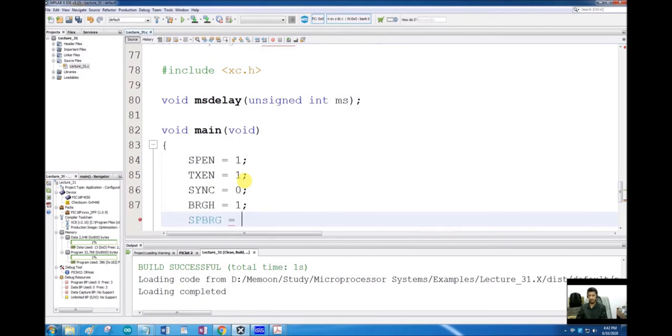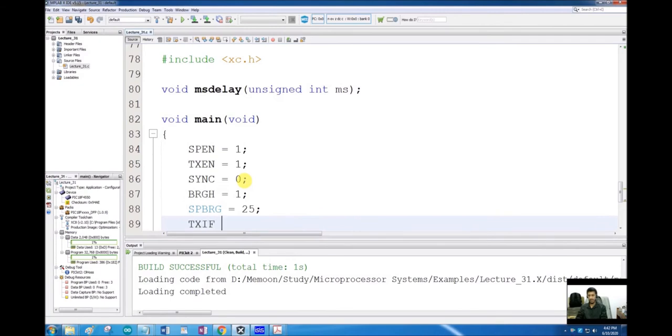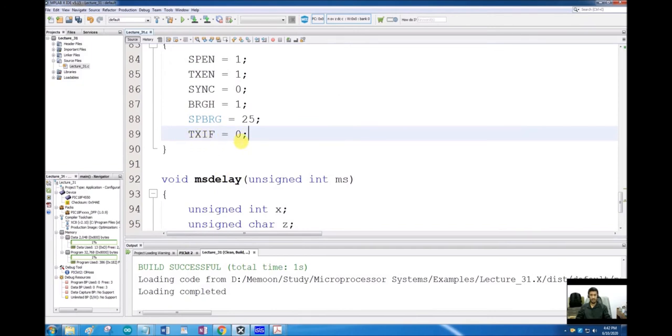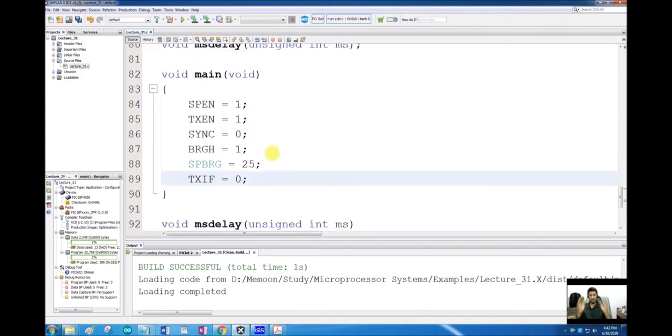What value did we calculate? 25. And then the TXIF flag that was not included in those registers, the transmission interrupt flag, should be set to 0. This flag will tell us that one packet of data is now completely transmitted.